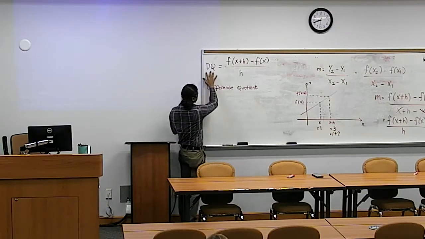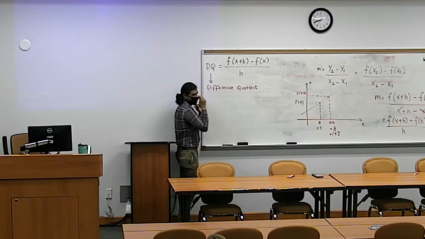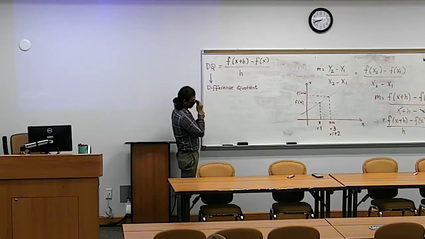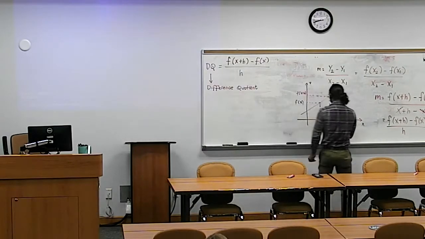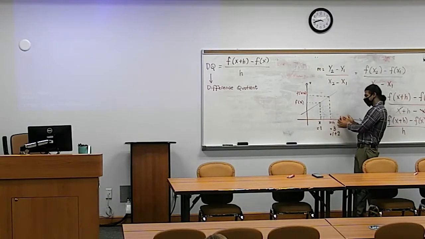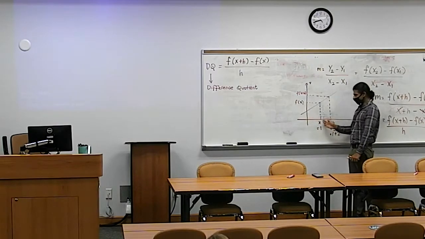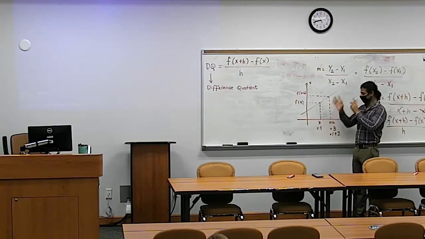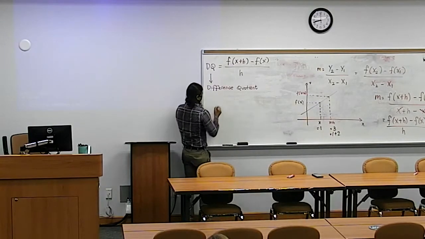So DQ is the difference quotient, and difference quotient is simply given by that formula. Now, how does limit come into play? The reason why we wrote this is somehow we tried to bring the second point closer to the first point. If we can do that, then we could have an instantaneous rate of change. To illustrate,